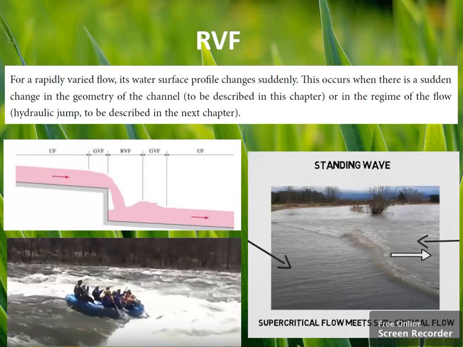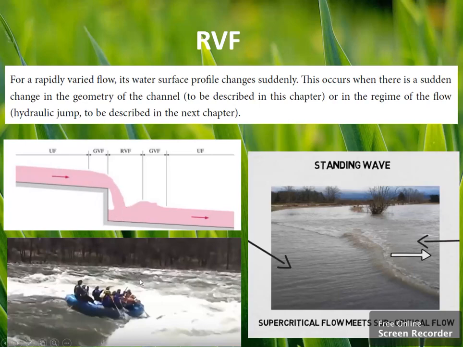As you know, when we have sudden change in the water surface profile, as you see here, we will have a rapidly varied flow. There are two different reasons to have rapidly varied flow. One of them is change in the flow bed or channel bed. This is a sudden change, a drop occurred here, therefore we have sudden change in the water surface profile and it creates rapidly varied flow.